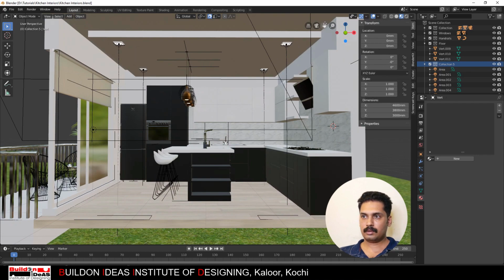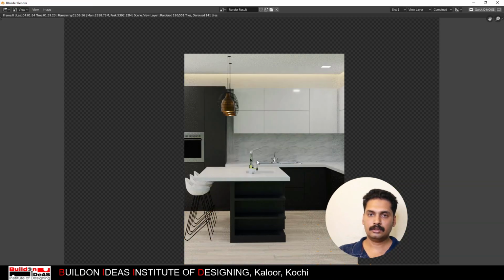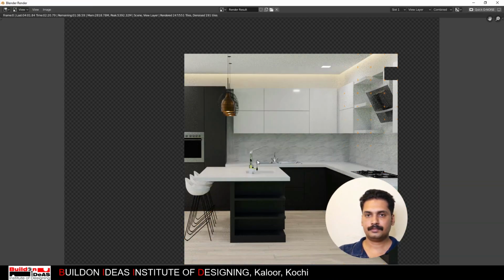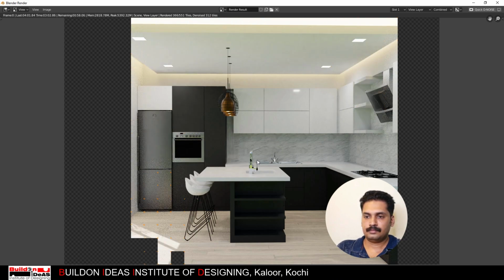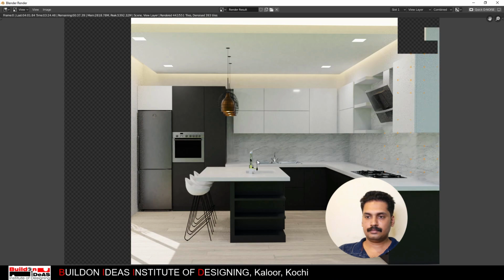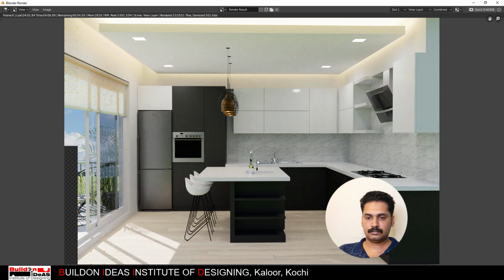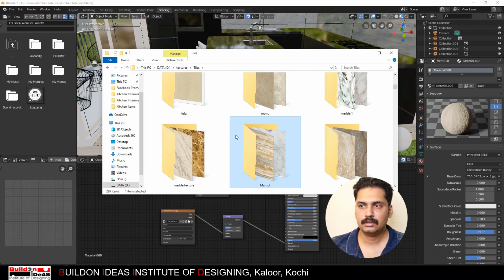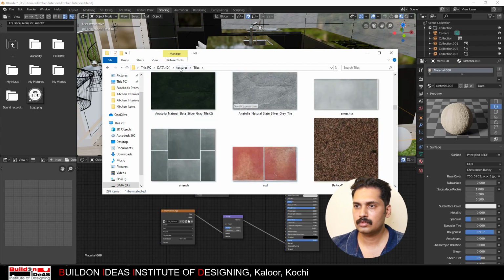So we'll go to the camera view and then click a save, and then give an F12. We'll wait for the render and see how it is. Let's see, some other material can be given. So I'll go to wood,